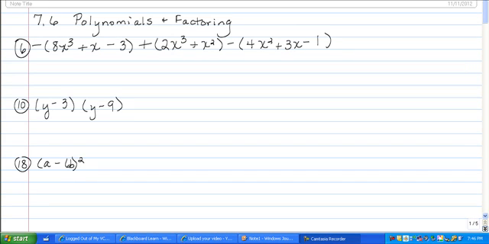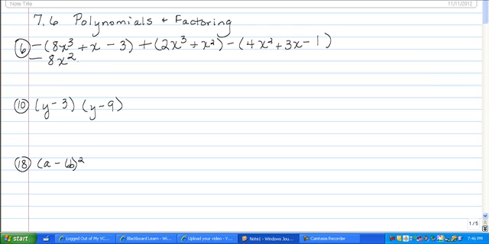Let's take a look at some sample problems on polynomials and factoring. And we begin with adding and subtracting polynomials. First thing we want to do in number 6 is distribute the negatives in front of the first and the third trinomials. So